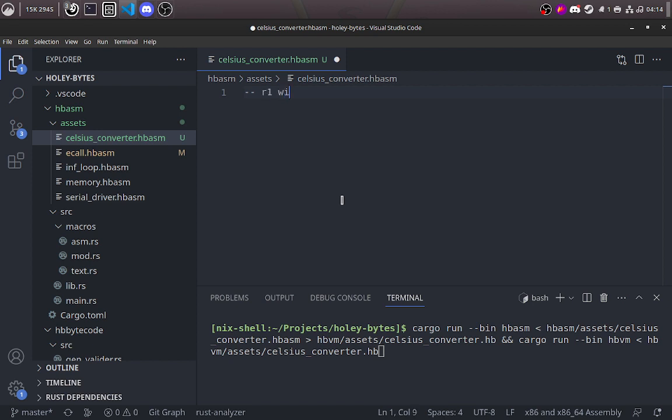R1 will be the temperature in Fahrenheit. R2 will be the final temperature in Celsius. Oh, okay, I spelled it right. R3, R4, and R5